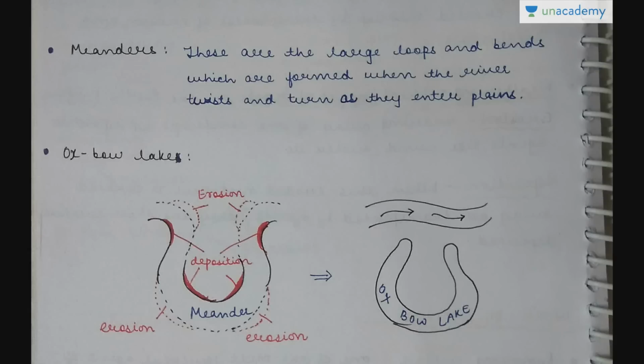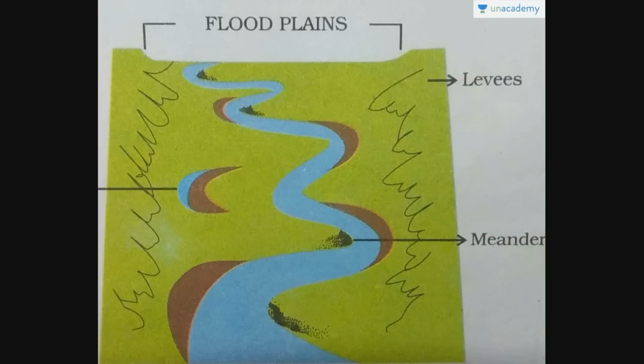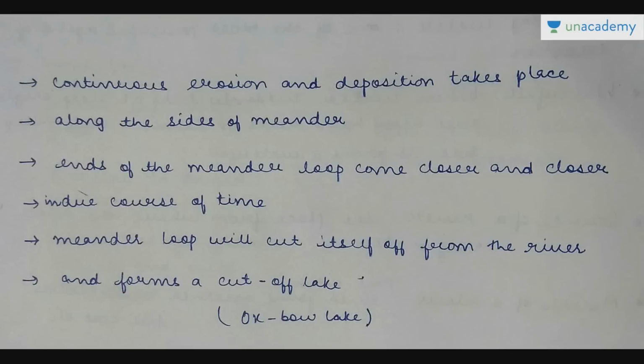Now, there is a concept of the oxbow lake also. Before we study this diagram, I'll just show you here. See, this is cropped, so this word is not visible. This is the oxbow lake. You will see that it is separated from this meander or the main river course. So this is the oxbow lake. Now what it actually is and how it is formed, we'll see.